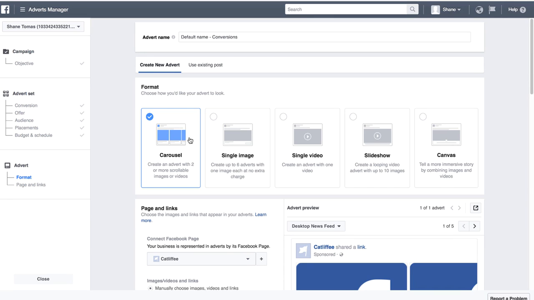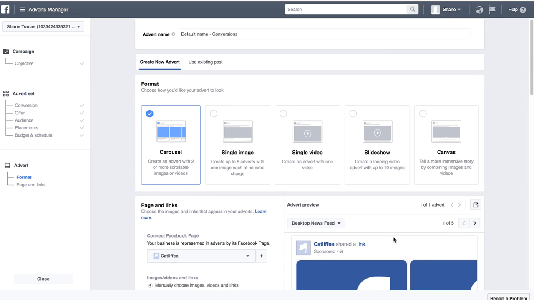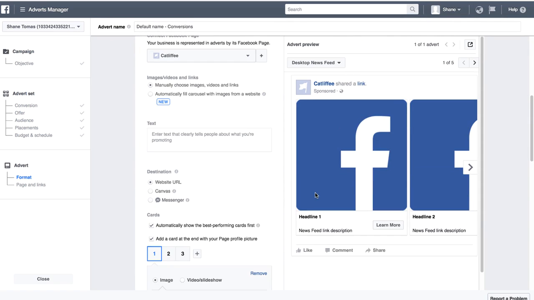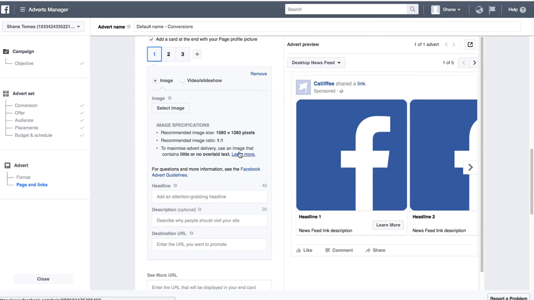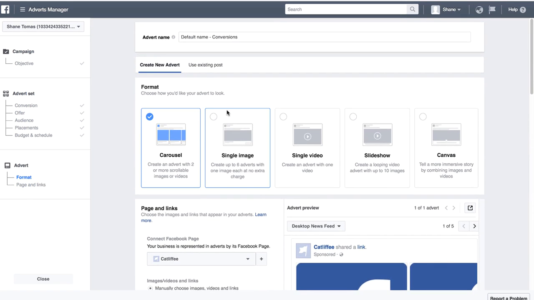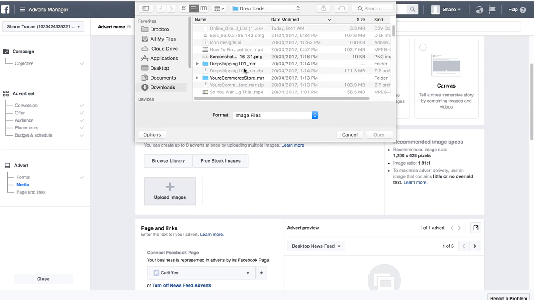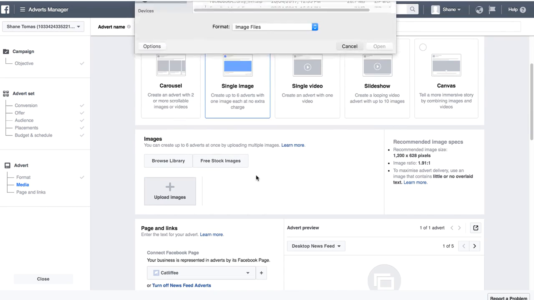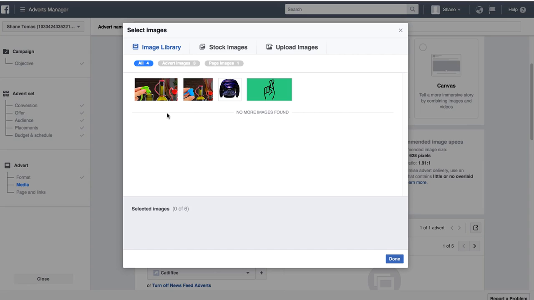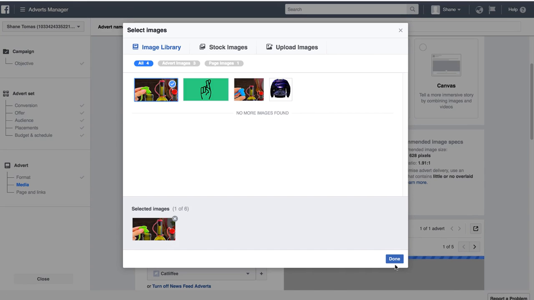So that's why I do everything different, because the different types of adverts work for different types of scenarios. That's exactly how it works, so it's very important to know that. I'm not going to take you through actually creating an advert, because it's very easy. You know how to do that, but if I went single image and, let's just say, for instance, this was an add to cart campaign, I would do something like,